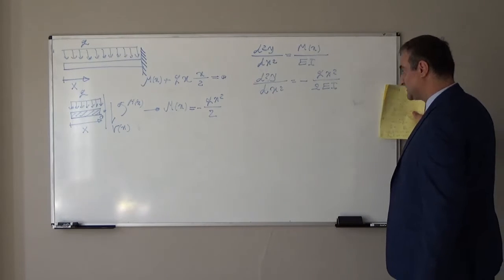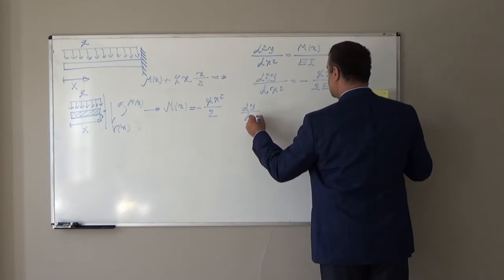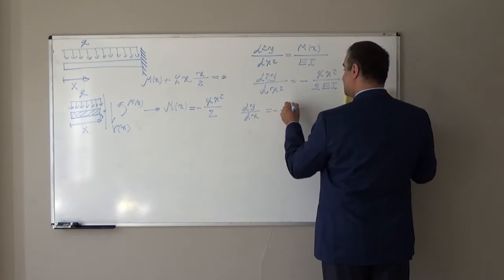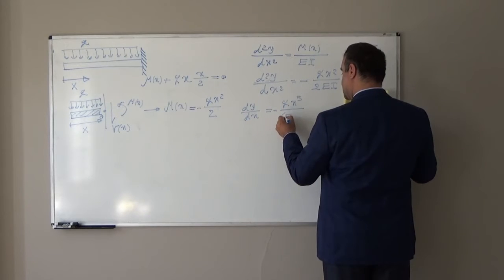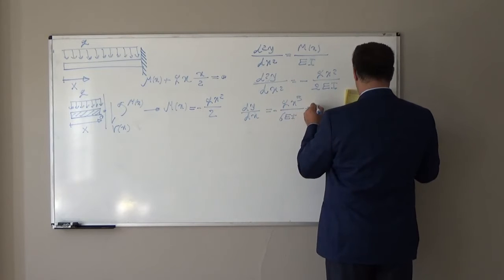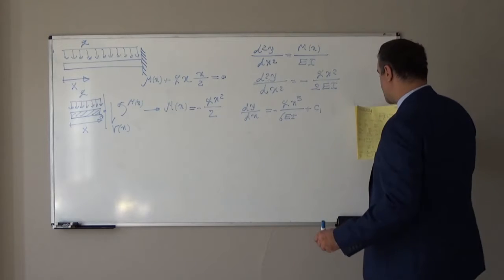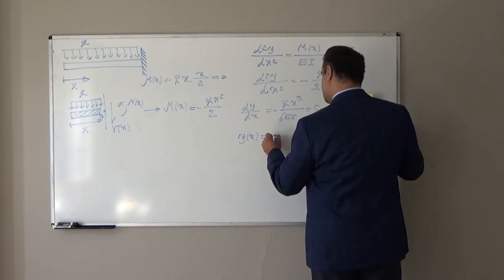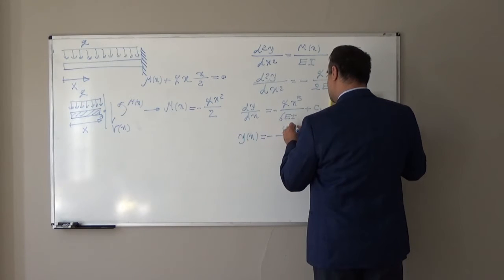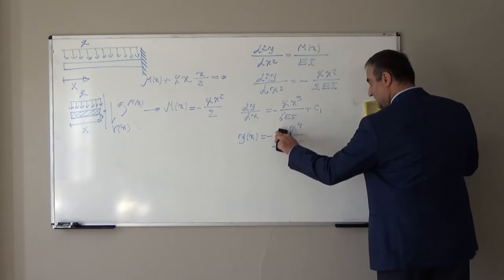If I integrate this two times, one time, I will find dy over dx is equal to negative Qx cubed over 6EI plus C1. If I integrate one more time, I will find y of x is equal to negative Qx to the power of 4 over 24EI